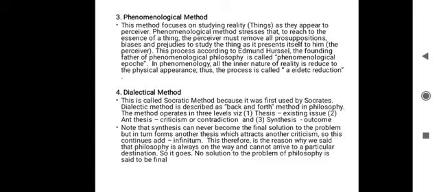Level of thesis, that is the level of existing issues that attract contradiction. The second one is the level of antithesis, that is the level of criticisms or contradictions. And the third one is the level of synthesis, which means the outcome or the consequences of the contradictions meted